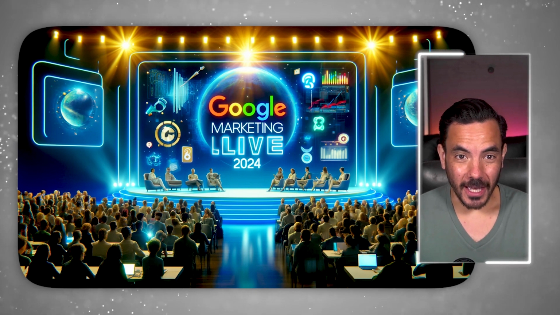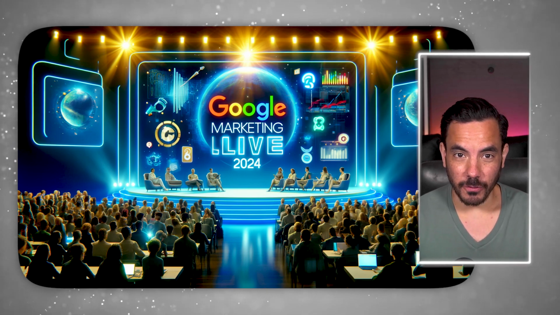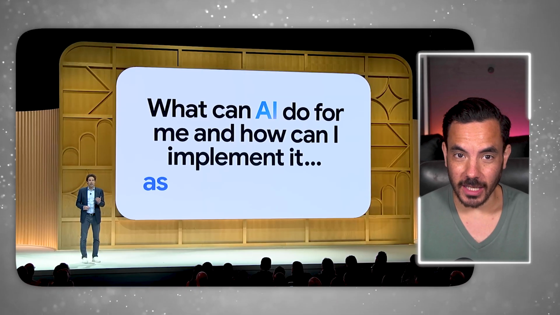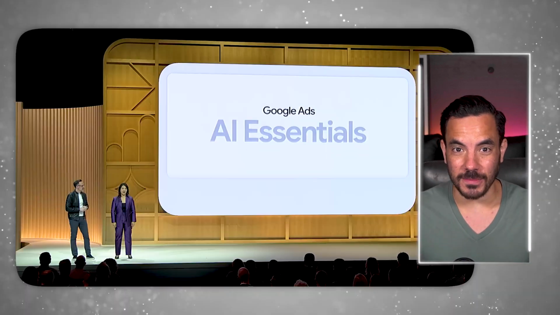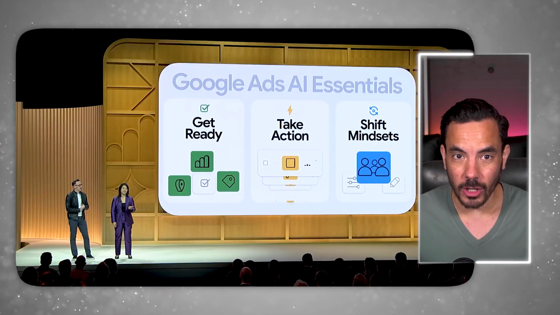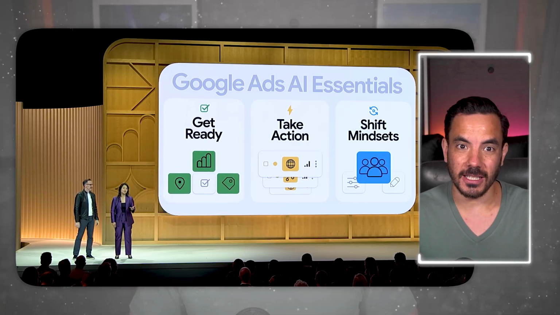Google recently had their Google Marketing Live 2024 event. During the event, they announced basically every new thing coming to Google Ads, Performance Max, YouTube Ads, and more over the course of the next year. There was some super exciting and relevant stuff that you need to be prepared for to stay ahead of the